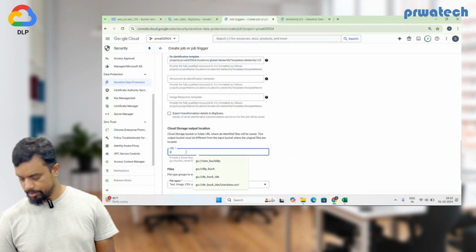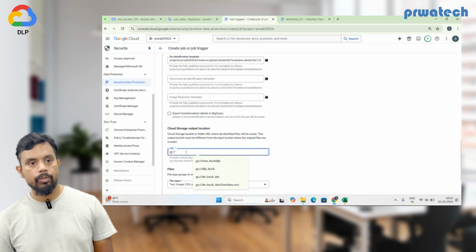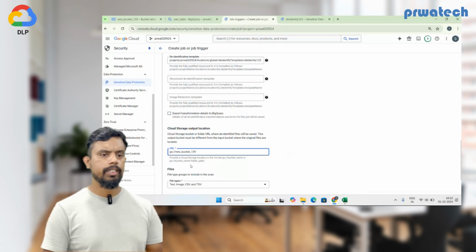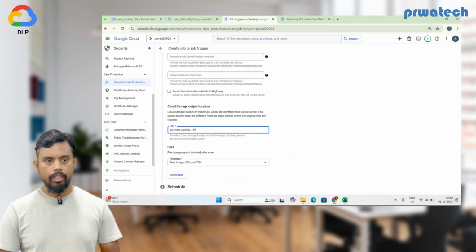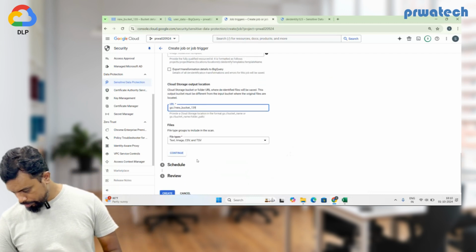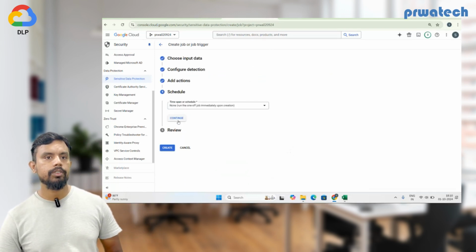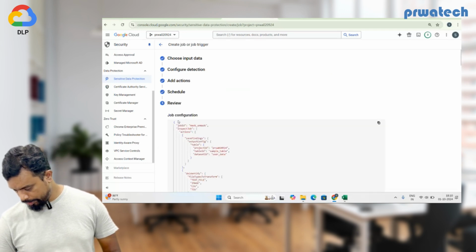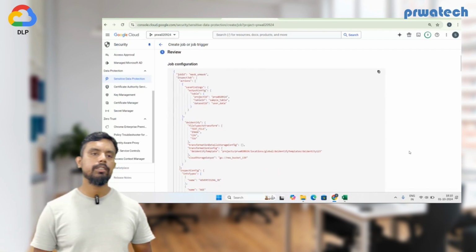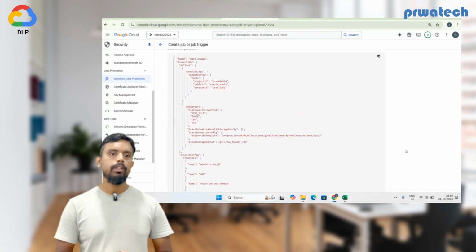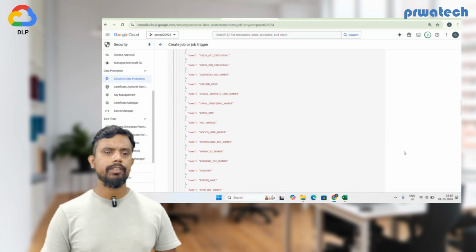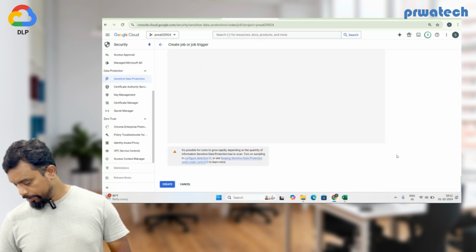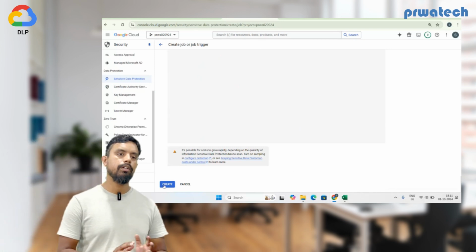So type gs colon slash slash and bucket name, and it takes text, image, CSV and TSV, so it matches with our file type. And now click on continue. Then there's an option called schedule, none, right? Let's click on continue the same, not make any changes, and then click. This is the complete information about your job. So you have the information, every detail which you have given is there in the template to trigger this job. We'll click on finally create, and hope